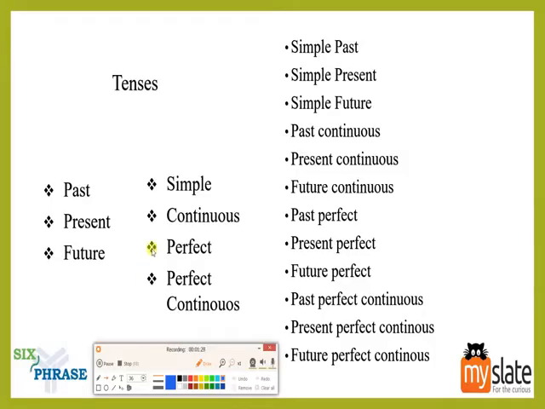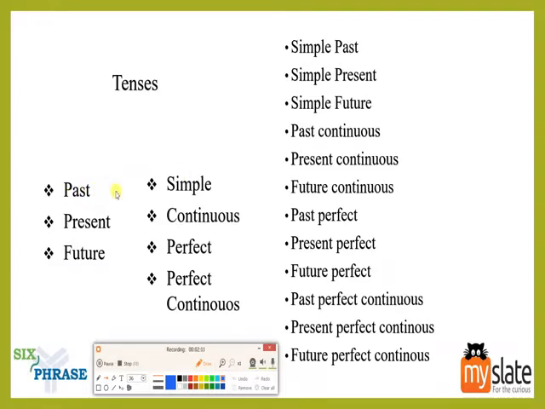As you know, there are actually 3 base tenses, and then there are 12 minor tenses. Our 3 basic tenses are past, present and future. We can majorly classify all the tenses into these 3. Then there are these 4 terms, which are simple, continuous, perfect and perfect continuous.